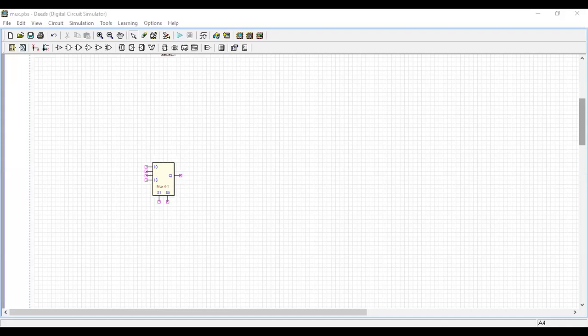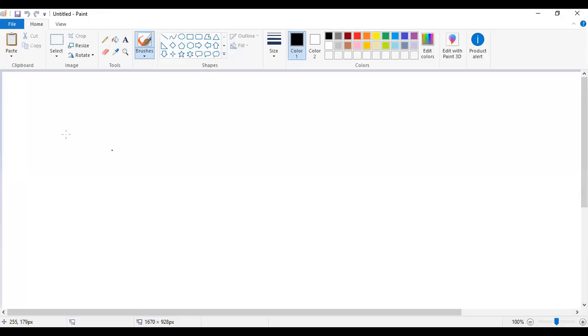See, here 4 is my input. 1 is my output. It is 4 cross 1 mux.